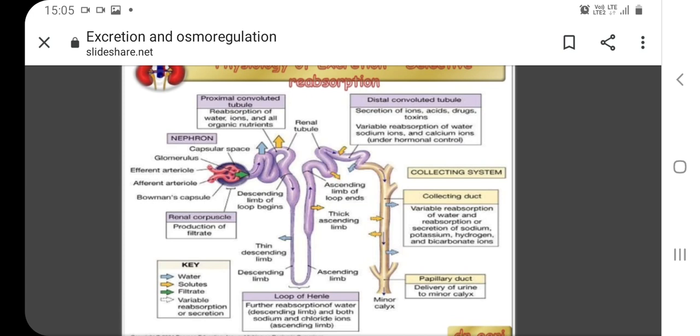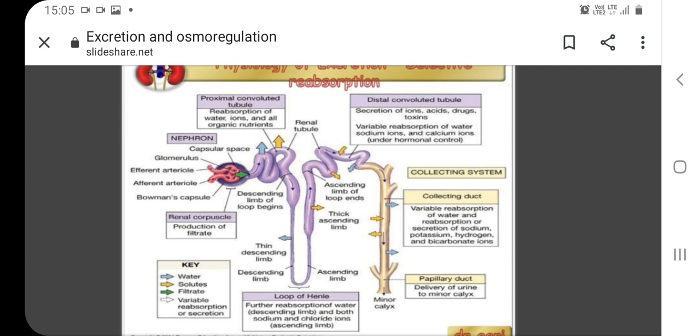It passes into the proximal tubule, from where the water is reabsorbed, important solutes are reabsorbed, and the filtrate again passes to the descending limb of the loop, where again the water is reabsorbed. In the ascending loop, again, salts are reabsorbed. So we can say that each part of the nephron performs a different function in filtering the waste and maintaining